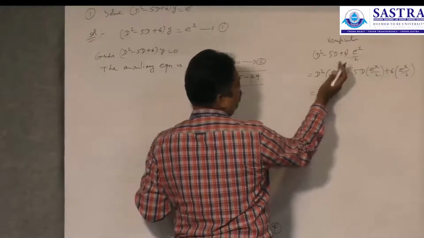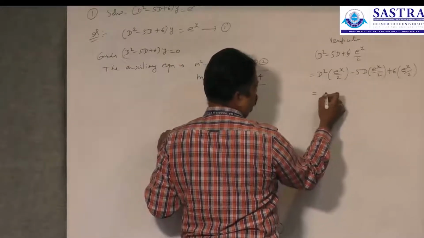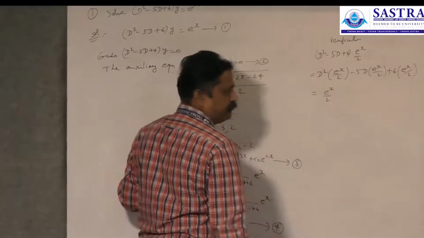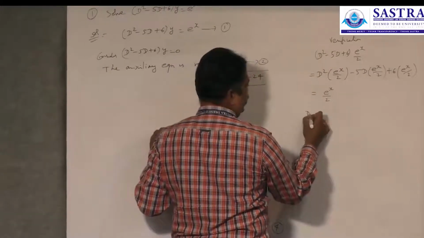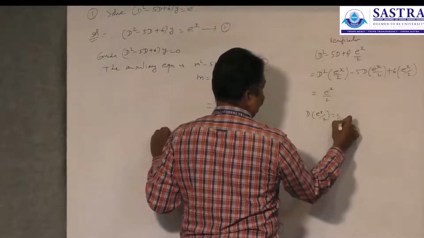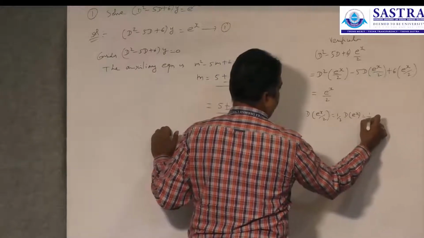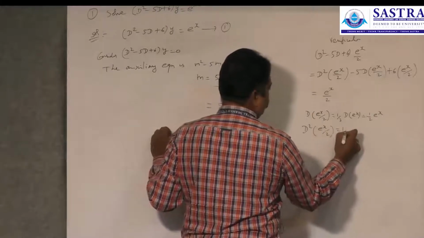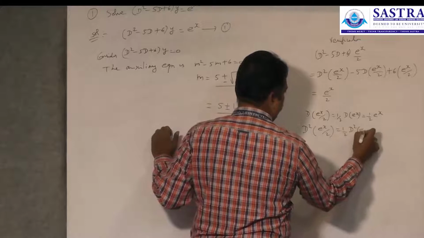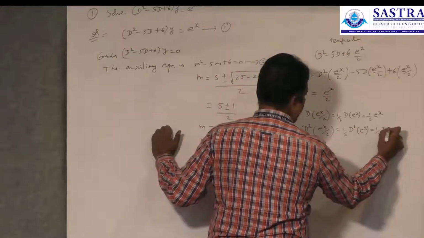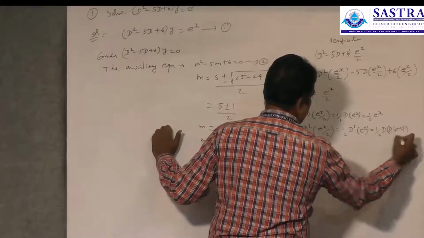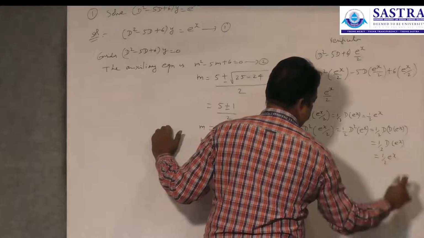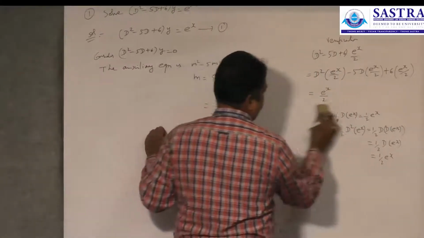When you differentiate the first time, you will be getting e power x by 2. Second time, e power x by 2: 1 by 2 is a constant. D of e power x by 2 is 1 by 2 D of e power x, which is equal to 1 by 2 e power x. So D square of e power x by 2 is 1 by 2 D square of e power x, which is equal to 1 by 2 D of e power x, which is equal to e power x. So 1 by 2 times e power x by 2